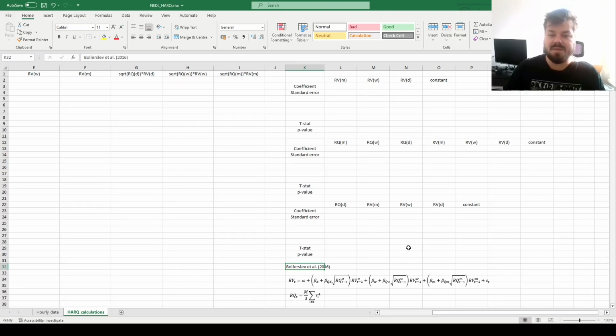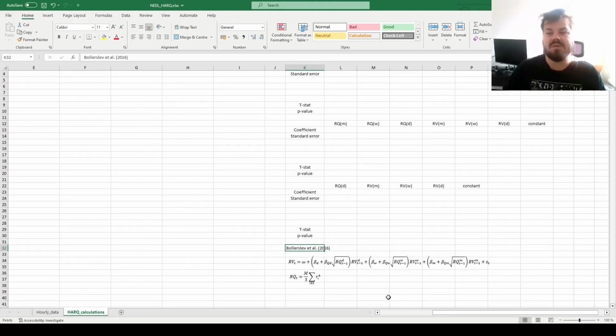The idea behind the HAR-RQ model is to account for the measurement error that is present in modeling of realized variance. Again, one of the strengths of the HAR model is that it uses realized variances instead of conditional variances that something like GARCH models are famous for. This makes the implementation of the model very simple and intuitive. You could just use simple OLS without having to resort to maximum likelihood estimations that are harder to interpret and